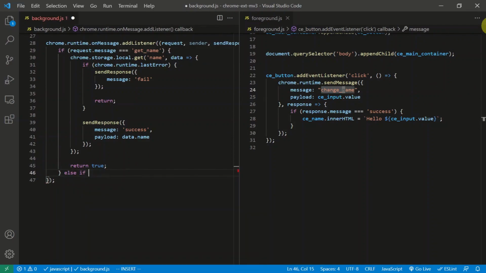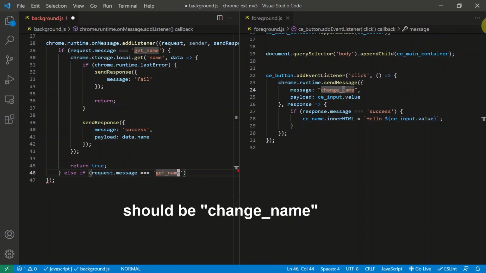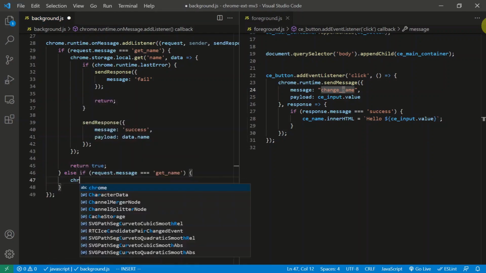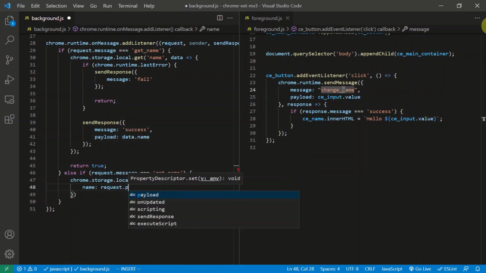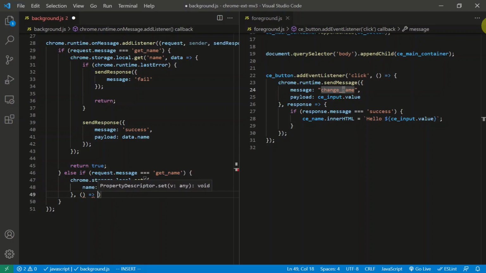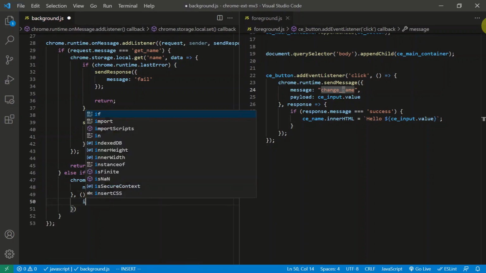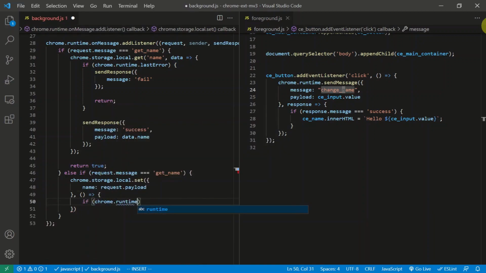We'll do an if, request.message is equal to, we're looking for a get name. And one thing here, Chrome storage local set. I'm going to set the name to the name that came in, and that would be in the request.payload. There we go. And if successful, well, let's code for the error first. If there is a Chrome runtime last error, we're going to send a response of message fail,